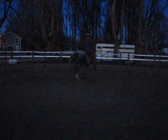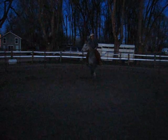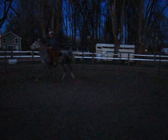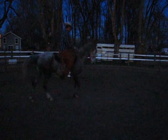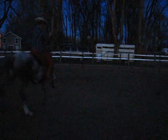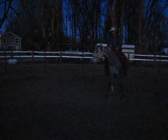Let's go left. Let's do a little leg yield here. Good girl. Let's do a little leg yield to the right. If I can't get it up against the rail, don't go up against the rail. I just want her turning and walking. Dropping her nose a little bit right there. Let's turn her. Now I know I'm losing my light with you folks, so I'm just going to turn her, and turn her,